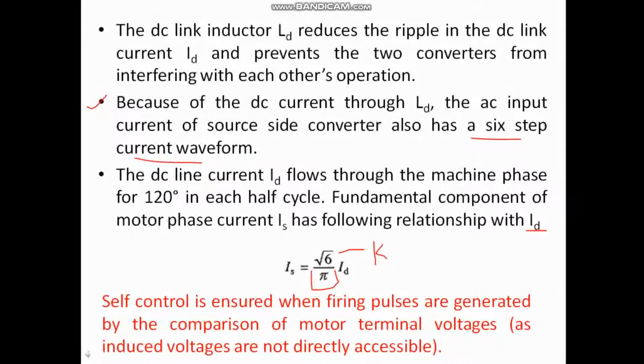So this condition is realized by making the frequency of the load side converter output voltage. Listen carefully, the condition where my rotating field speed is equal to the rotor speed is realized by making the frequency of the load side converter output voltage equal to the frequency of the voltage induced in the armature. Hope I am clear with this.